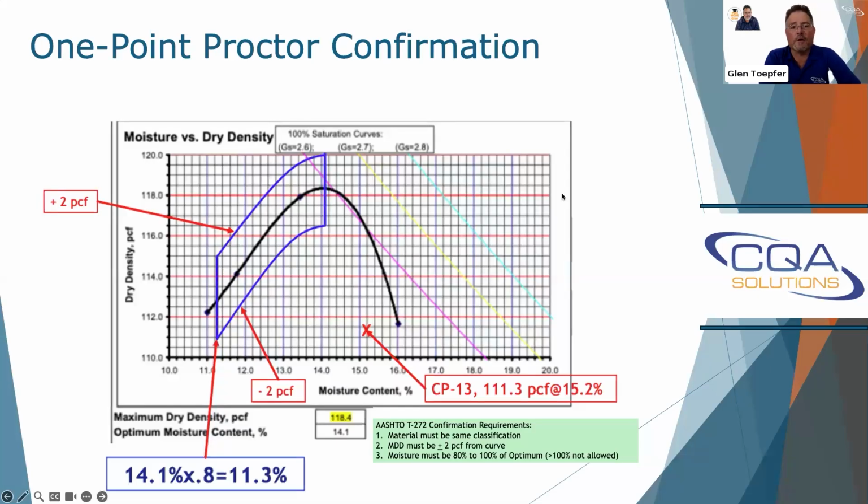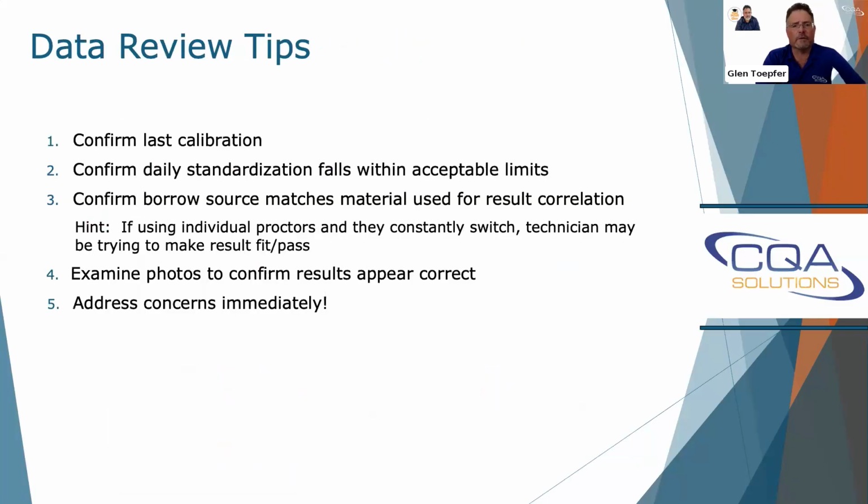If the test plot's in there, it passes. It confirms that you're using the right proctor more than likely, as long as your material is the same. But we see a lot that don't confirm it, and people are actually saying they are confirmed and don't understand that they're not confirmed. So data review tips, for anybody reviewing it, I think you got to look for the